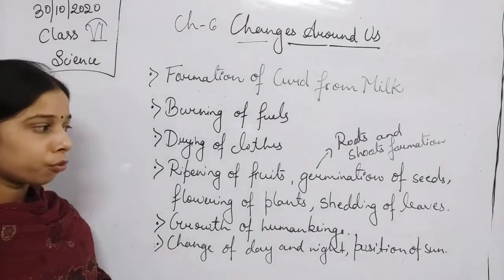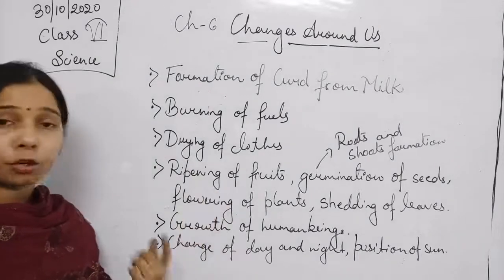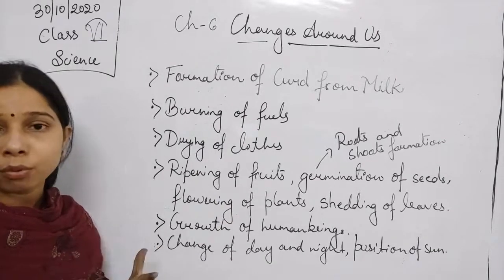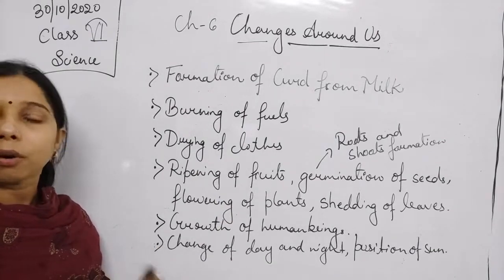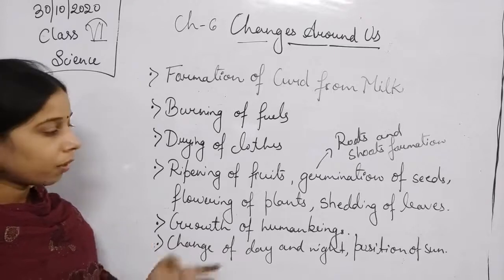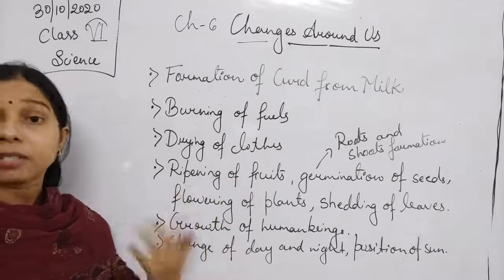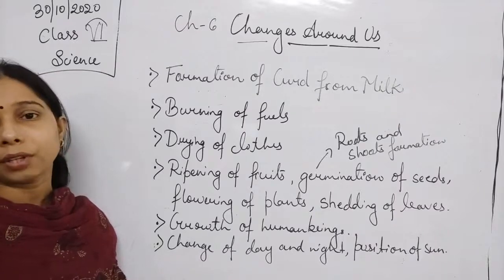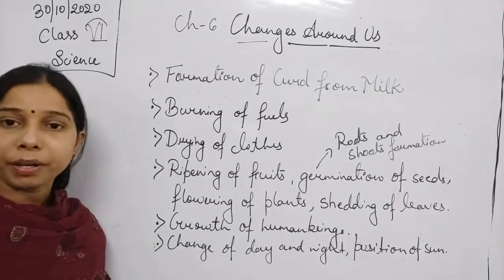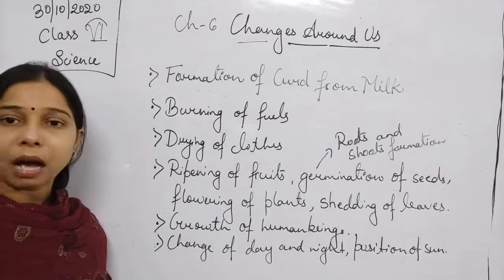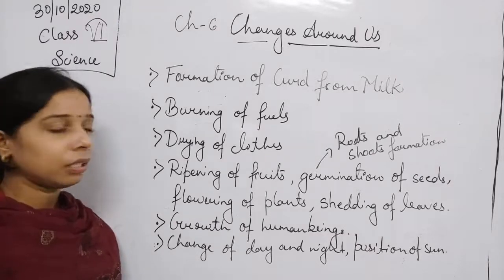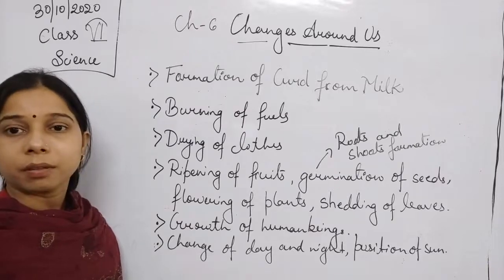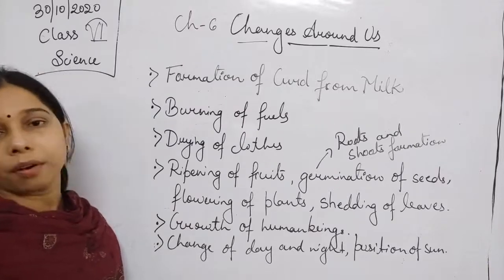Ripening of the fruit, students. You have seen that the raw fruit is green in color, but if you see a ripened fruit, it is red in color or a different color. So ripening of the fruit is what? It is a kind of change from a raw fruit. It gets converted into a ripened fruit, and both of them have different colors. One is green in color, another is colorful. Sometimes it is green itself, yellow or red.